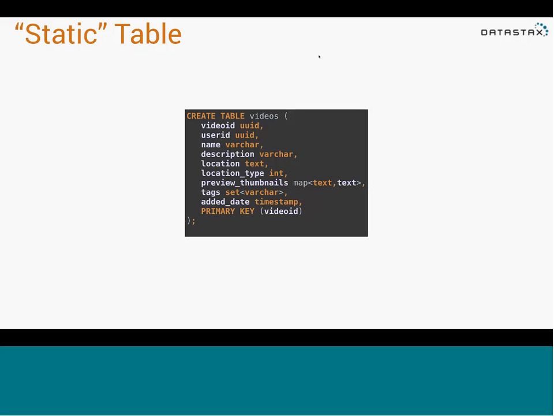Okay, so what's the first big concept we're going to cover today in CQL? Well, we're going to talk about a static table. So let's start with something that everybody's very familiar with. This is a create table statement. It should look vaguely familiar to those who are even completely uninitiated to the world of Cassandra. You have things like a table name, column names,